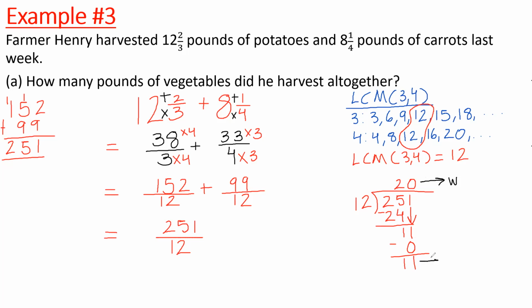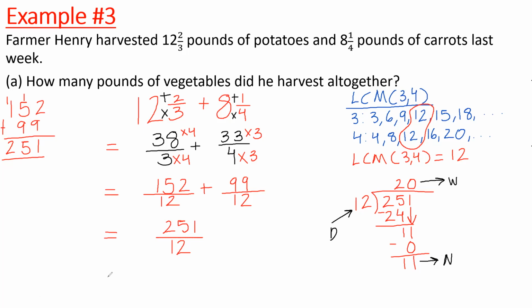11 is the numerator, right? And 12 is going to be what? The denominator. So we have the whole number, which is 20, the numerator, which is 11, and the denominator, which is 12. Okay, so we say that our answer is going to be equal to